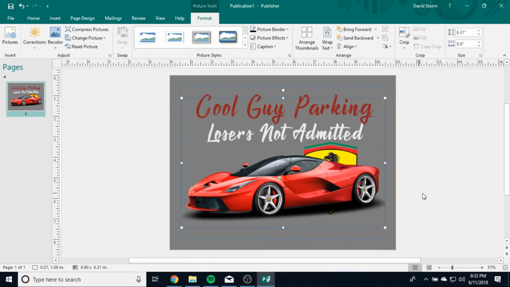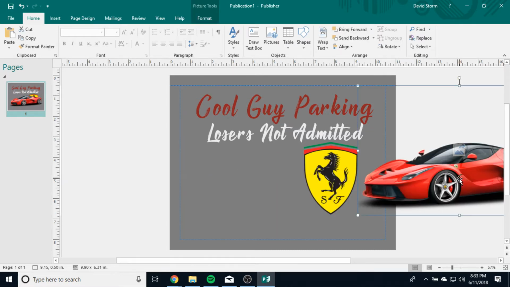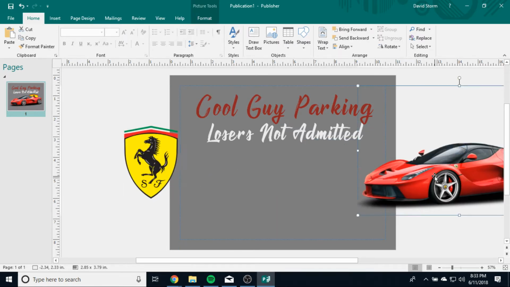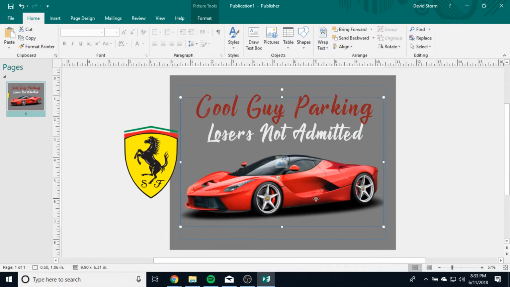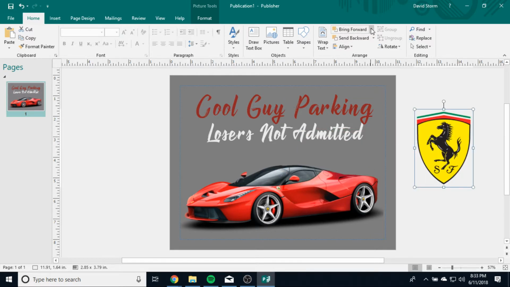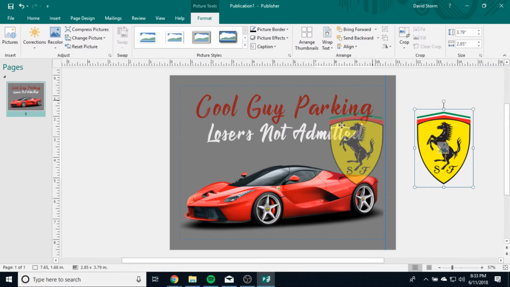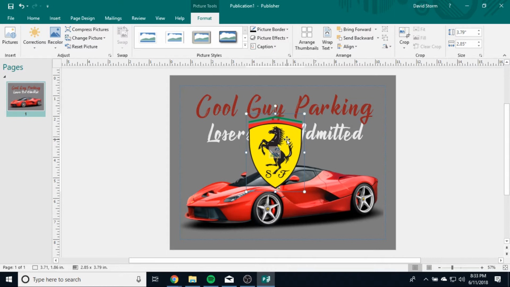Which is pretty cool. Now, the problem is if I send it backward too much, now it's impossible for me to select it because it's below everything else. So what I can do is I can move stuff out of the way, grab this guy, put him off to the side, and, you know, kind of worry about him later. All right. I'm actually going to bring this to the front, meaning it'll be on top of everything again, so I don't have to worry about not selecting it. Okay, so